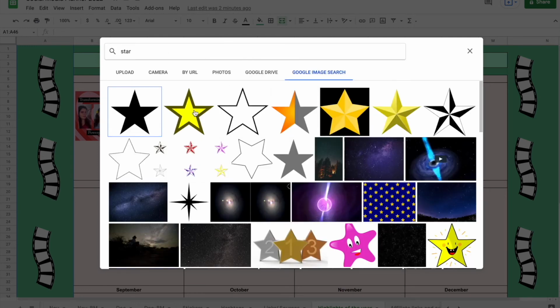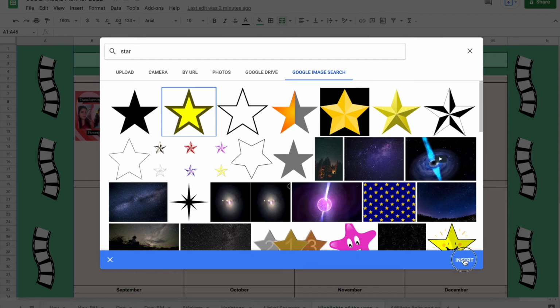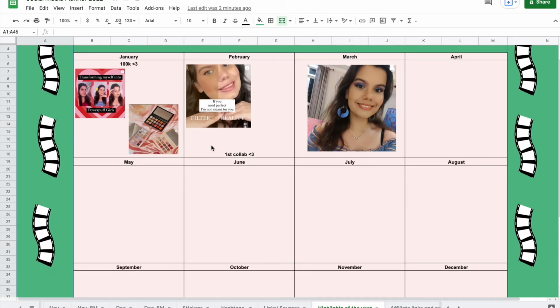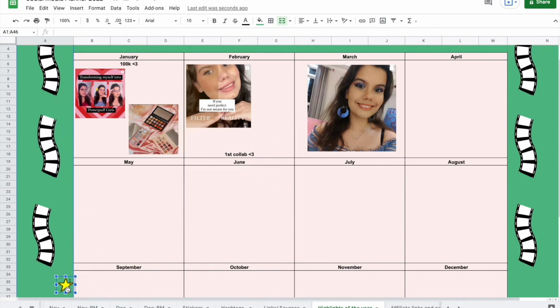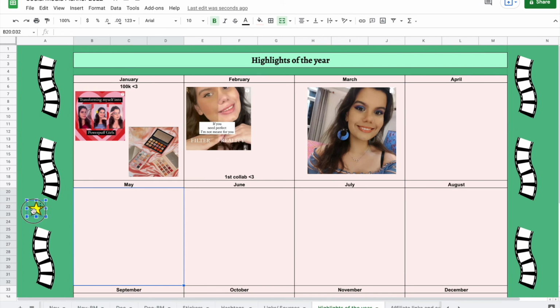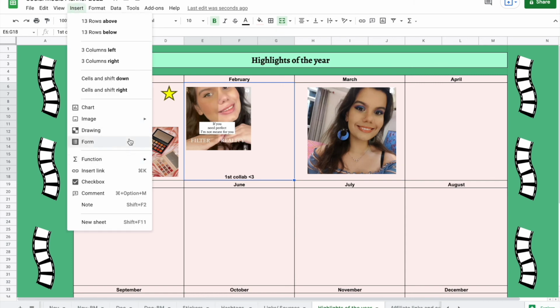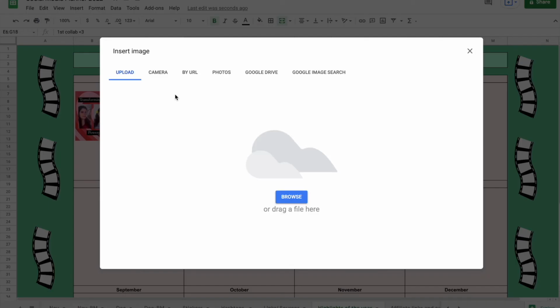So I can just insert it, and here we have the star. You can just resize the star and use this as a quick sticker to decorate whatever you like. So this is how you insert pictures. You can also insert pictures from your own gallery, camera, URL, photos. It makes the whole process very convenient and easy.